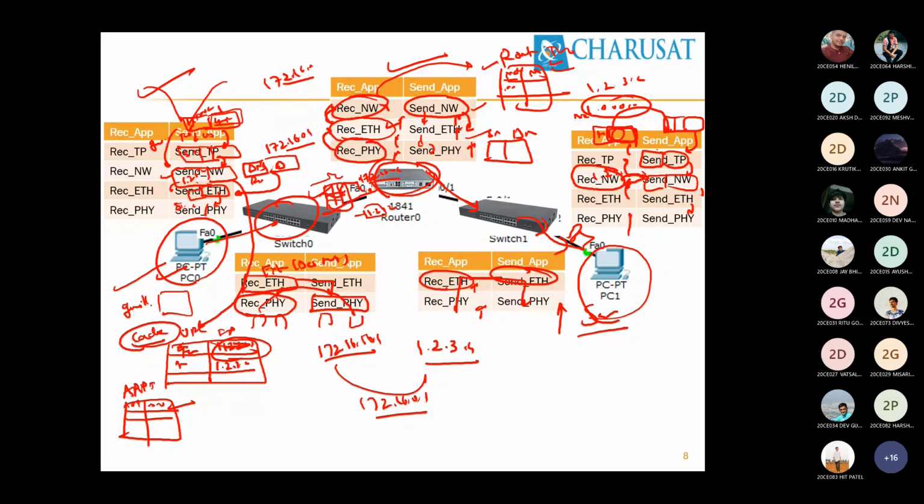The switch will receive data at the physical layer. Ethernet layer, what does it do? Contact the switching table by extracting the destination MAC address. If it is available, then forward on this port. Computer, what does the computer do? Converts the electrical signal into ones and zeros. Ethernet layer: does the MAC address belong to me? Yes. I remove the Ethernet header.